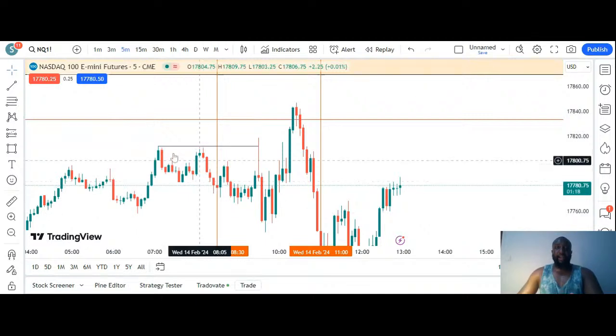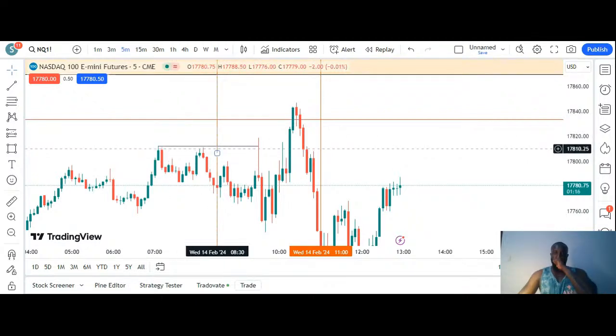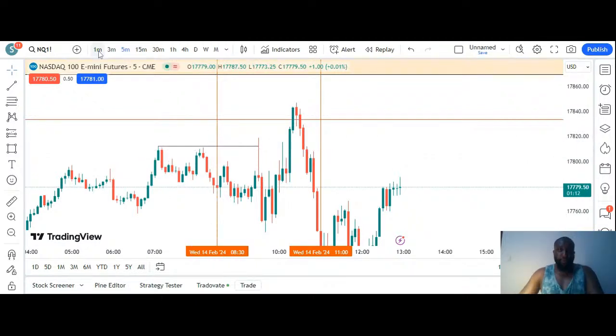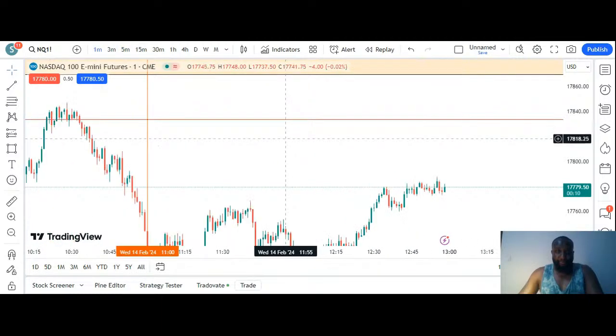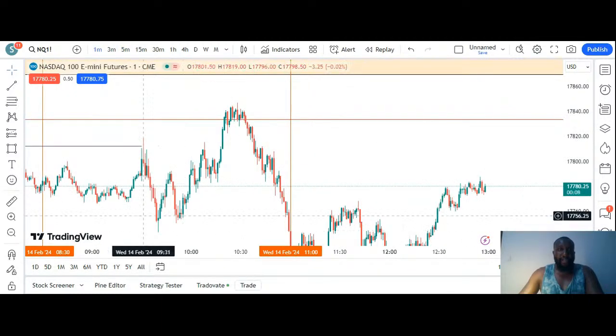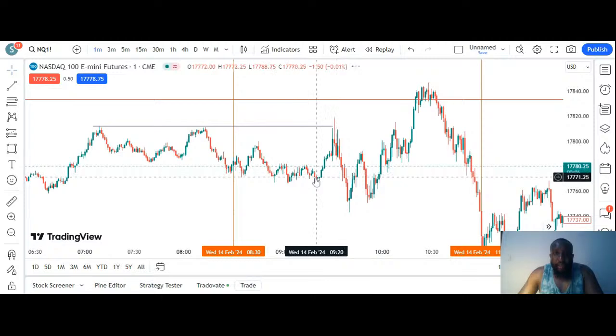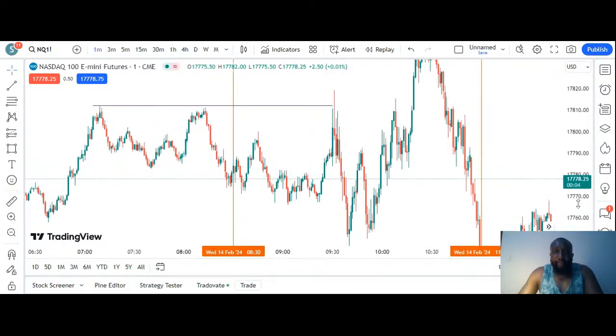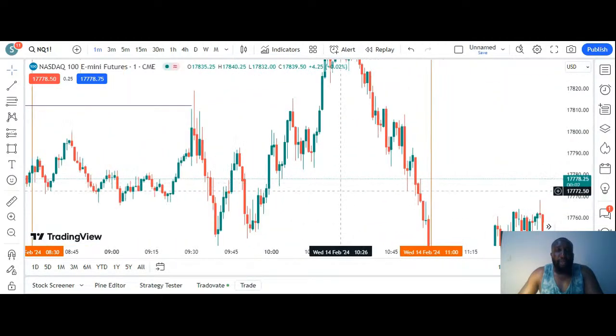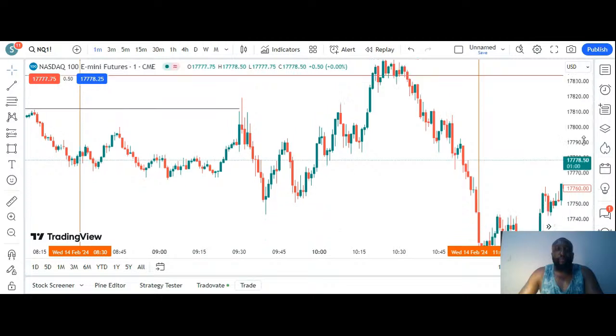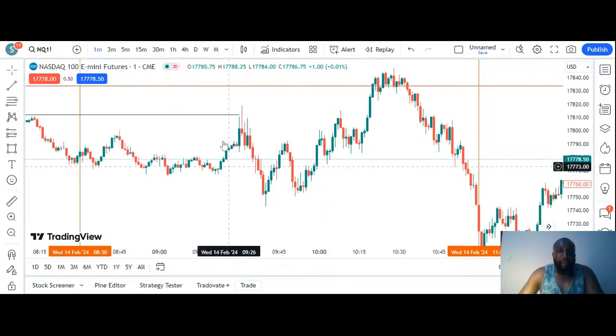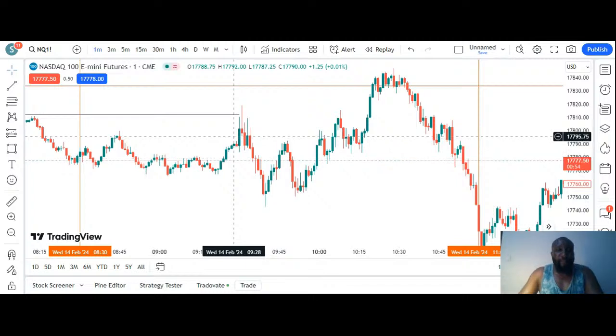And now when you have this, you can even go further down to your 1 minute time frame. I want to show you the model that we use basically. So what you can do, maybe some of you might not be comfortable taking entries at these levels,